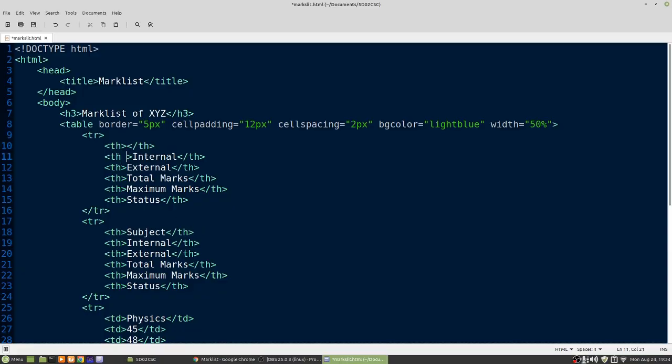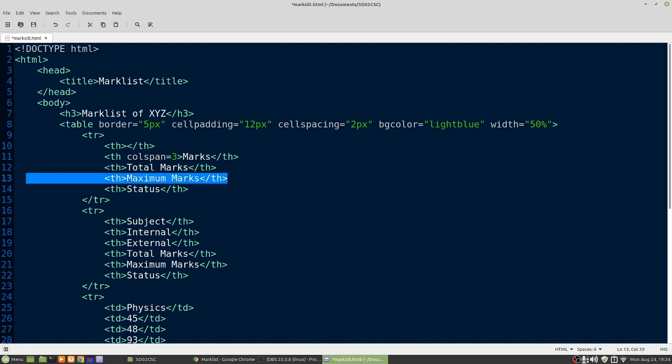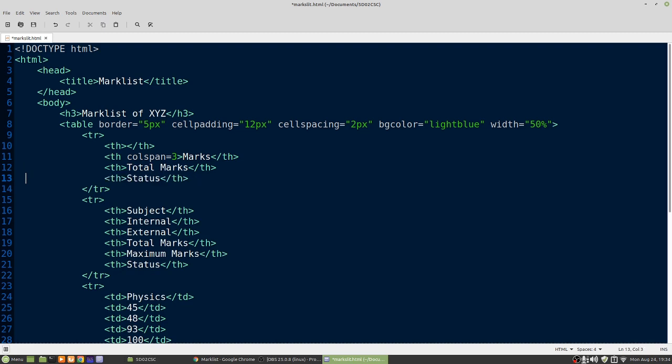So that is done like this. The attribute used is colspan. Span the column to three columns and put it as marks. So now we have first column, second, third and fourth are ready. Fifth is not needed and sixth is not needed. So we can remove this and this.